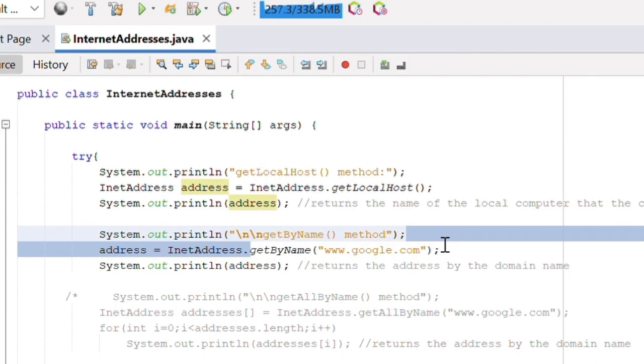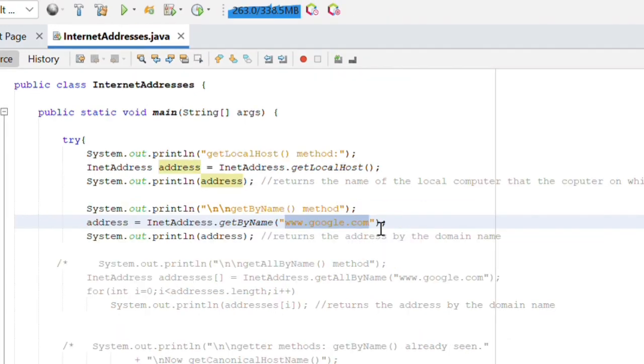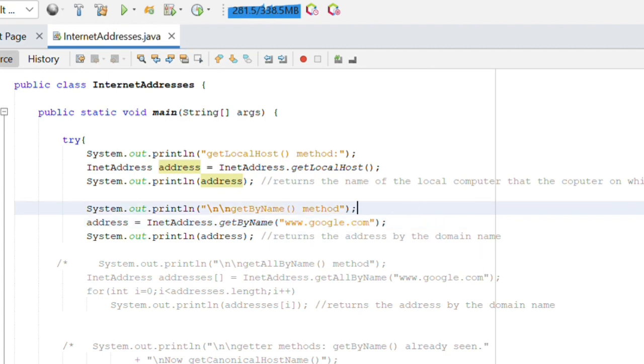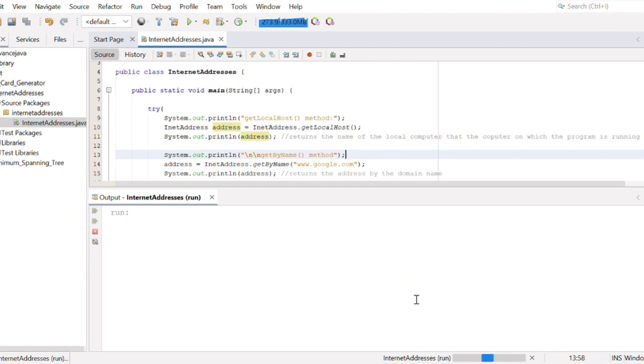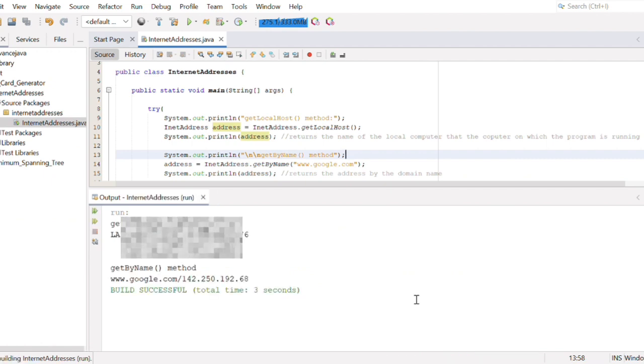Next we have the most common one, the getByName method, which makes a connection to the local DNS server to look up the name and the numeric address for the URL or the IP address passed here. We can search through a URL and also the IP address. So for the site of Google, if we search with getByName, let us see what it returns. It has returned the host name and the IP address for the site.